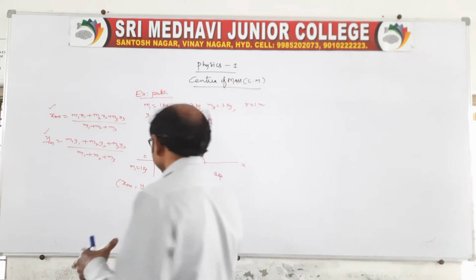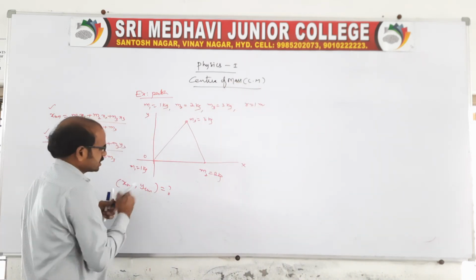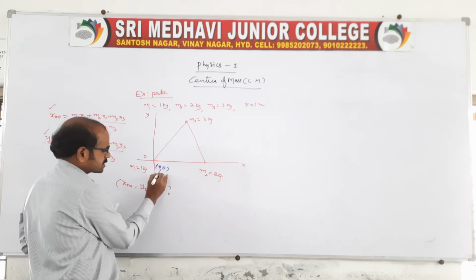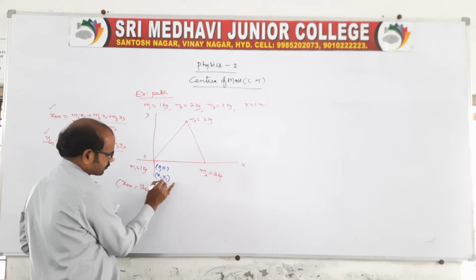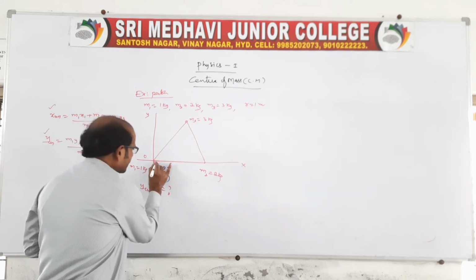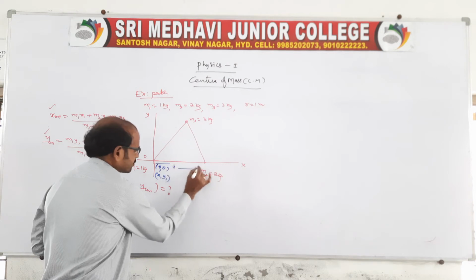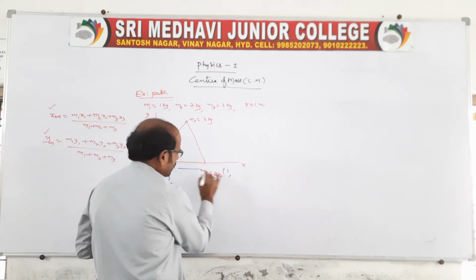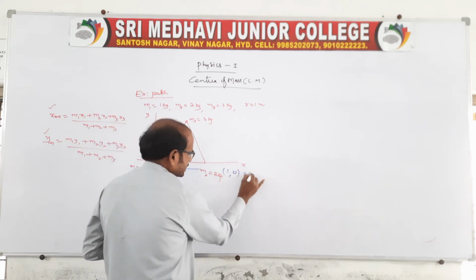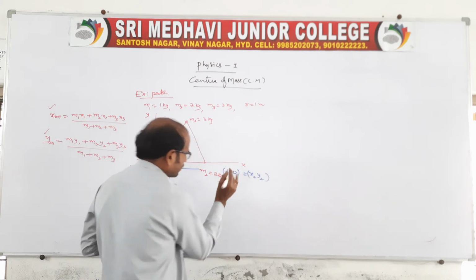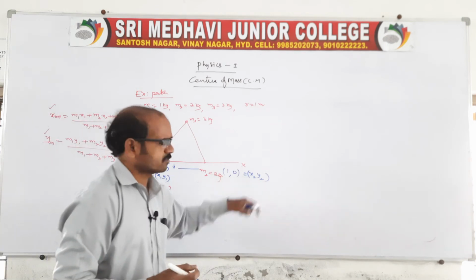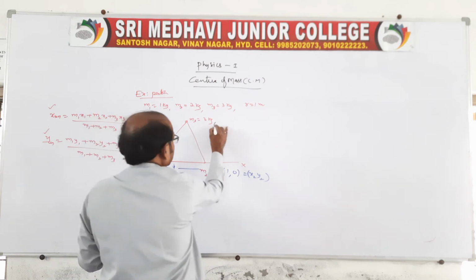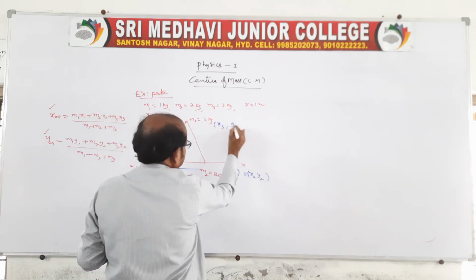See how we'll get the coordinates. I'll tell you. It is the origin, no? Of course, the origin is nothing but 0, 0. This 0, 0 is x1, y1. And it is an equilateral triangle, no? It is given as 1 meter. So this particle is at a distance of 1 meter, and of course there is no y, so you say 0. So x2 value will be 1, y2 value will be 0. But we don't know where the third particle is located. We don't know the third coordinate x3, y3. This we have to get.